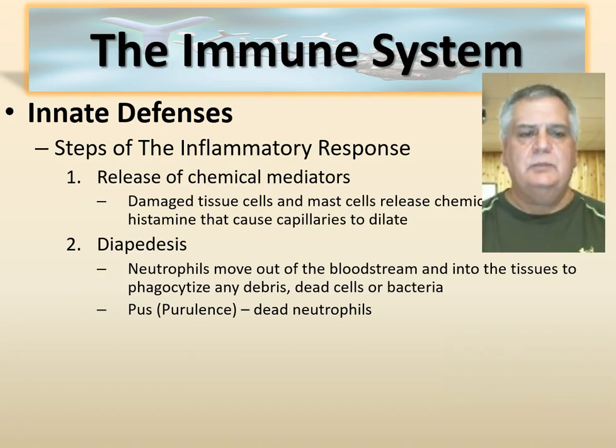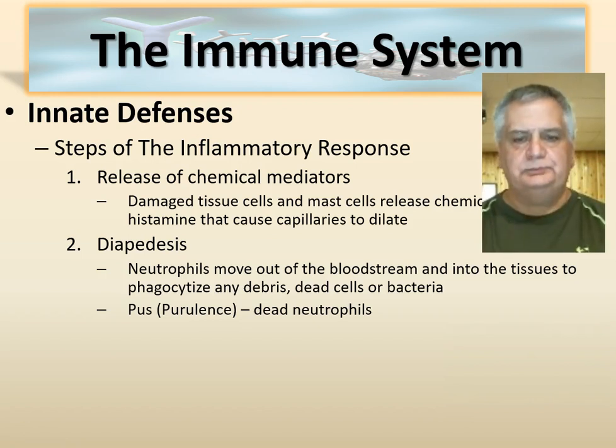But some individuals may put a second step in between R1 and 2 here and call that margination. What happens in margination is, once the chemical mediators are released and the blood vessels dilate and blood flow increases into the area, neutrophils move into the area. Initially, the neutrophils marginate along the inside of the blood vessels. That is to say, they line up along the blood vessel walls until the blood vessel dilates enough to create enough gapping between the cells of the endothelium that the neutrophils can slip between those gaps and move out